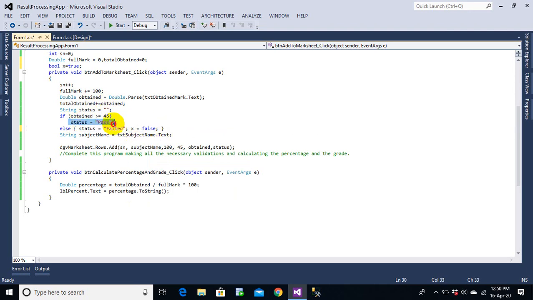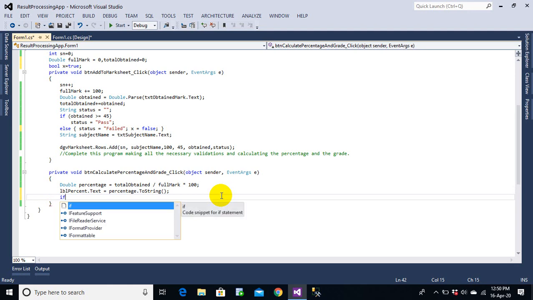I am not updating it here because you have already defined this as true. In any of the subjects, if it becomes fail, then it is considered to be fail. Now here I can check it, everyone. So here I can check in a line. Now I can check, and I can check if